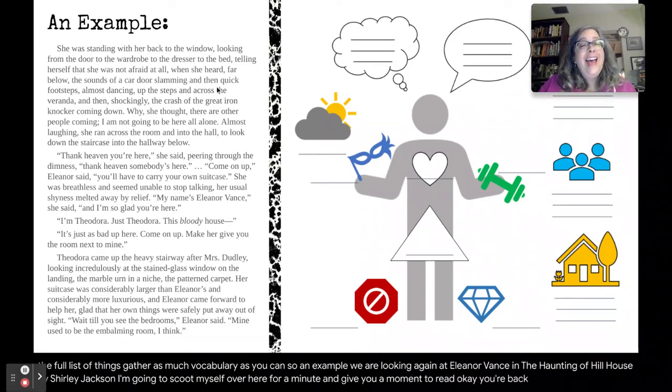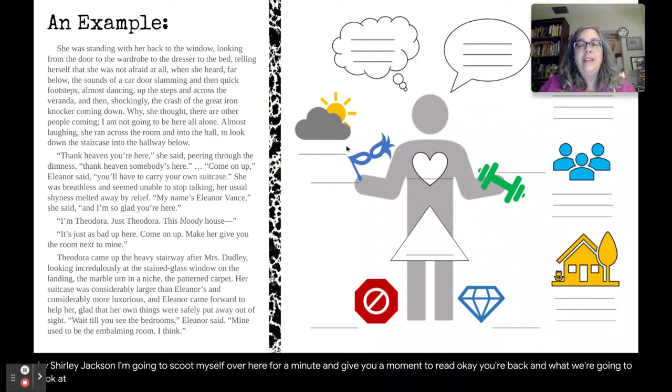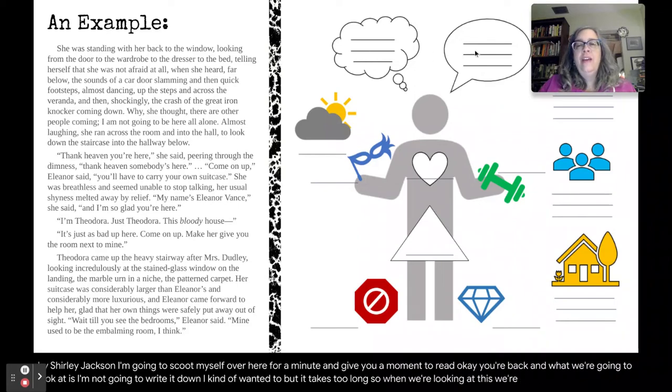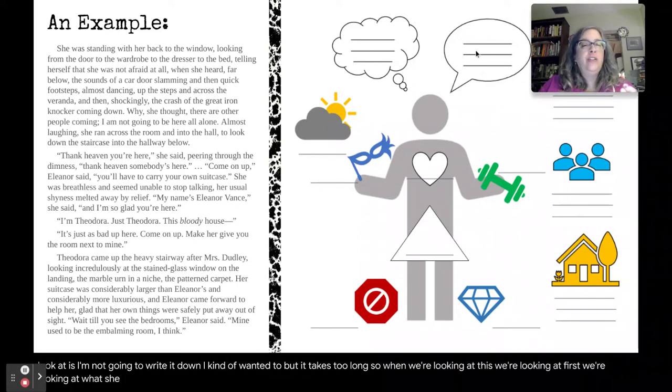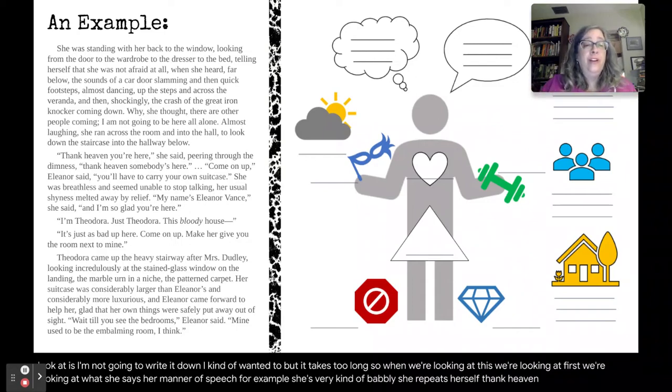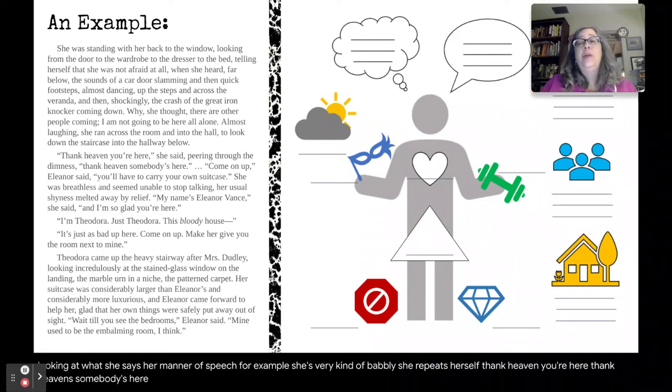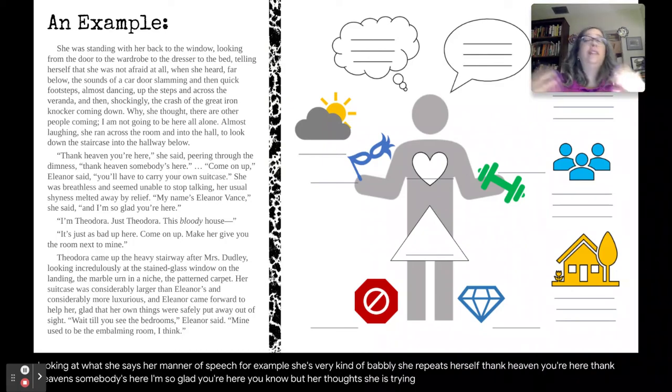Okay, you're back. And what we're going to look at is, I'm not going to write it down. I kind of wanted to, but it takes too long. So, when we're looking at this, we're looking at what she says, her manner of speech. For example, she's very kind of babbly. She repeats herself. Thank heaven you're here. Thank heaven somebody's here. I'm so glad you're here. But her thoughts, she is trying to tell herself that she's